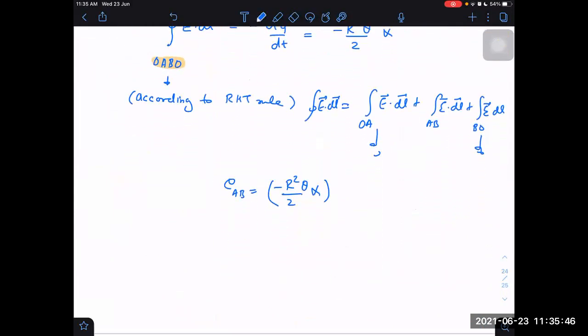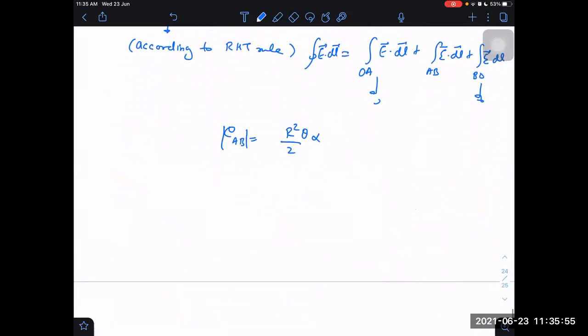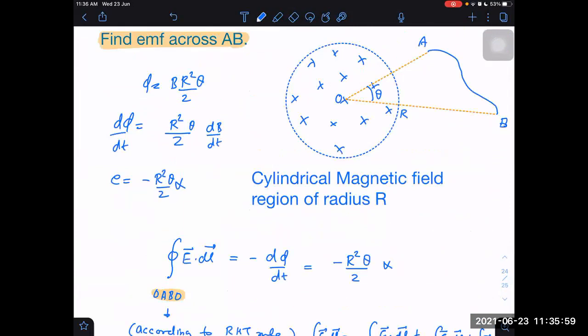But as I told you, forget this again. Forget the direction, you will commit mistakes, I know. Just take magnitude wise. Magnitude wise, EMF is this. After getting the magnitude, you decide the direction separately by Lenz's law, or by any other way. I think Lenz's law is the best. Apply Lenz's law and tell me in which direction it will try to send the positive charge here. How will the electric field be induced?